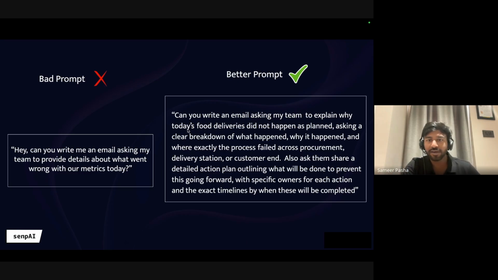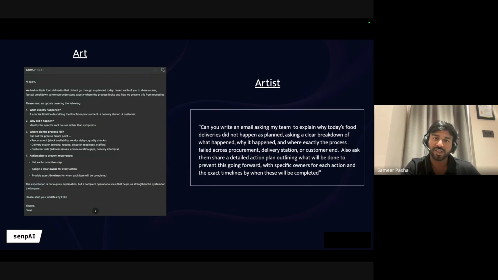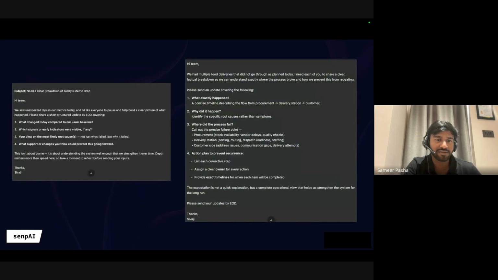The same again: write an email asking my team to explain why today's food deliveries did not happen as planned, asking for a clear breakdown of what happened, why it happened, where exactly the process failed, and ask them to share a detailed action plan outlining what will be done to prevent this going forward. Much more context for the LLM. And this is the new email, or the draft, that the LLM has given us. Just for comparison, this is without any context. This is with the context.